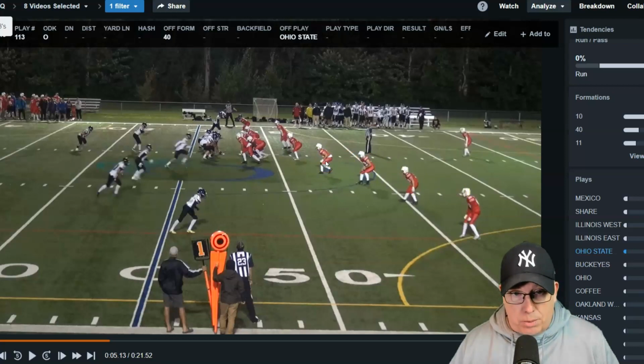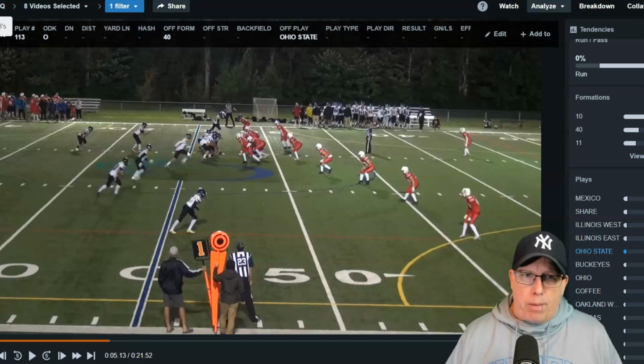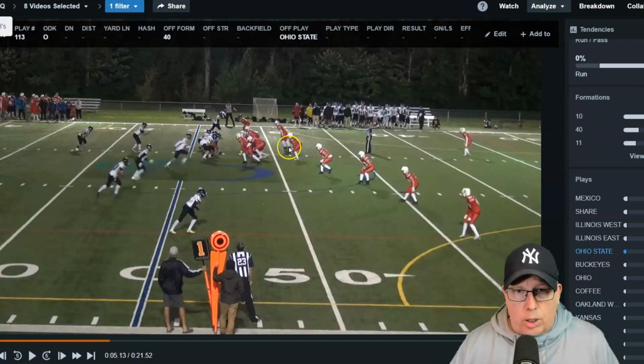This guy's playing at about, let me see here, 1, 2, 3, 4, 5 yards, 6, 7, 8 yards, right? So he's running high, you're not going to him. He's running low, he could be an option. He's running high, he's definitely an option. And he's running low. I probably wouldn't go to this receiver here because he's close to the box, and if